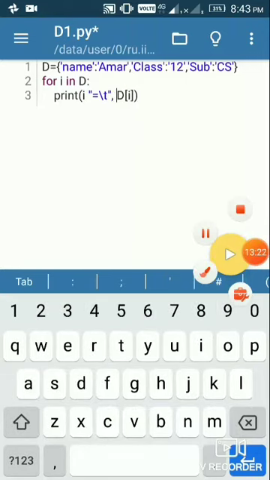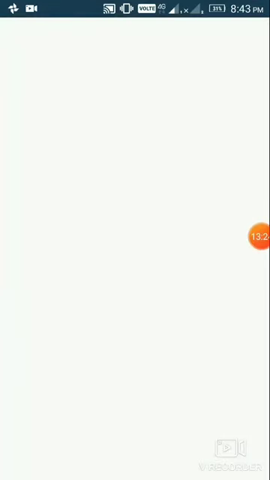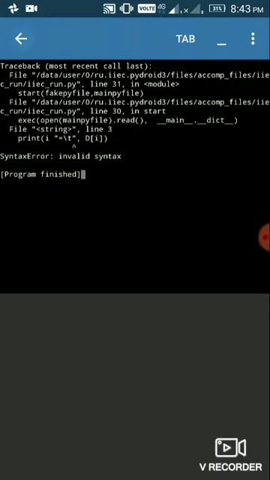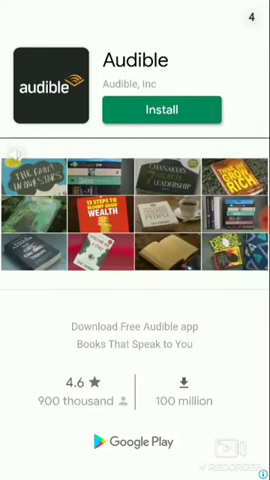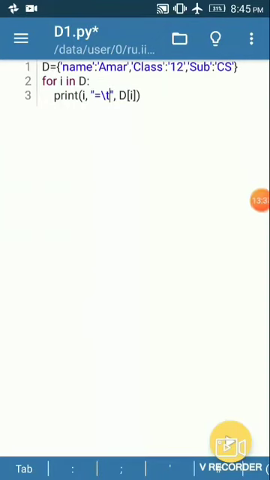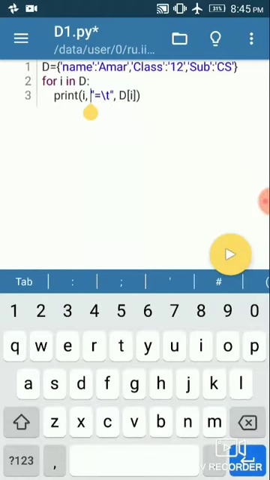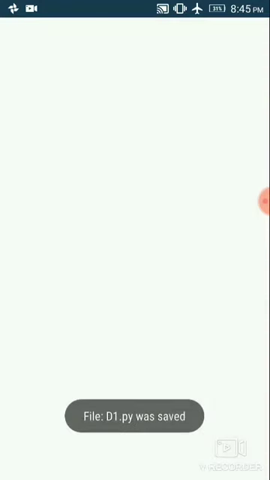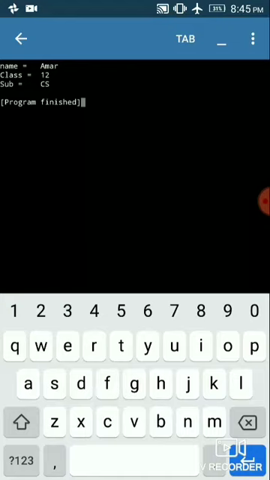So when we run this program, we get some syntax error. Let's go back. Okay, by doing some little changes like using a comma here, and then saving the program and running, we can see name equal to Amar, class equal to 12 and subject, so the name of the key and also the value of that key are shown here.